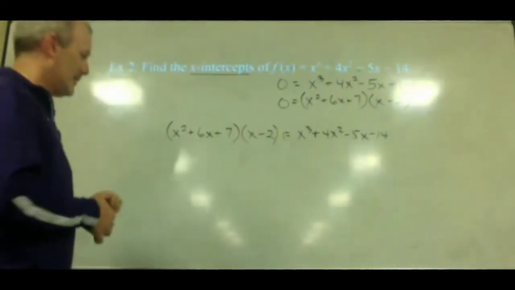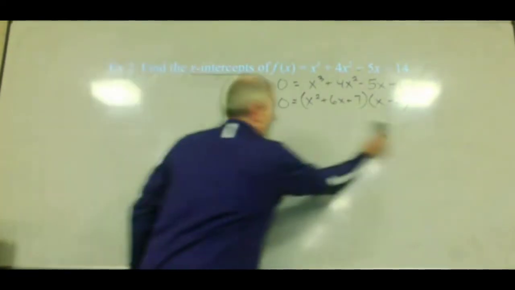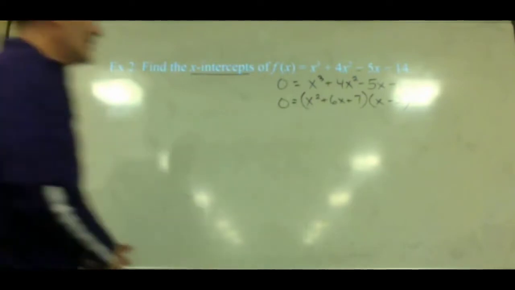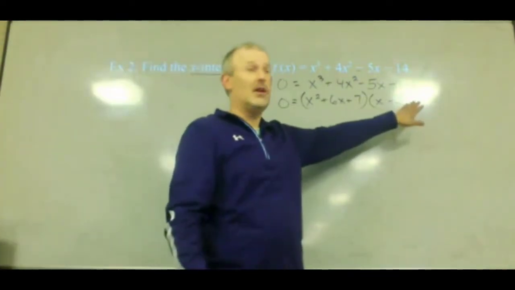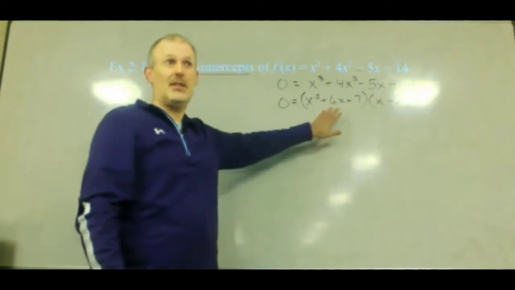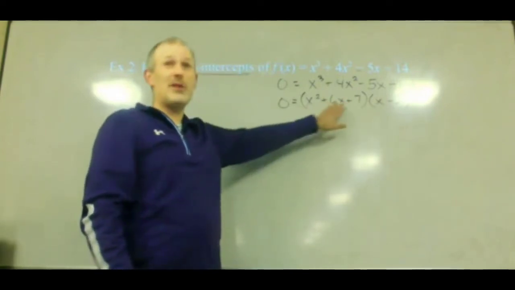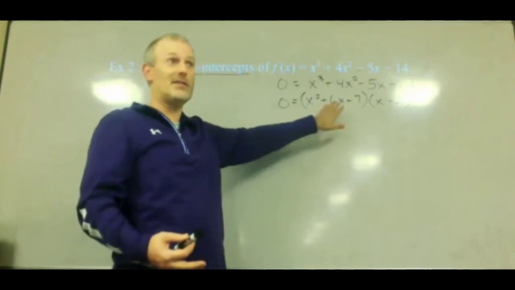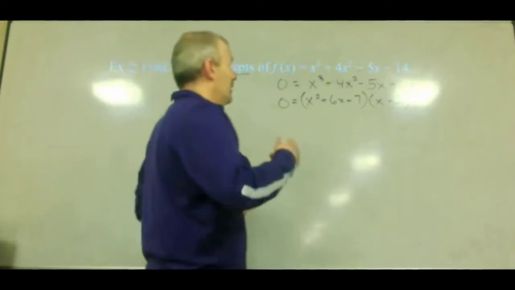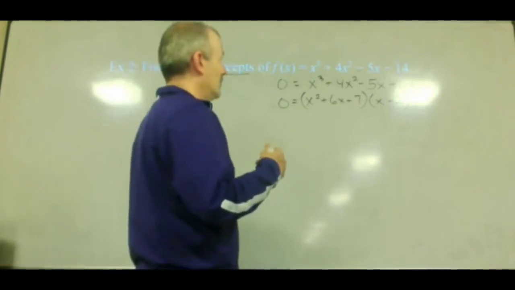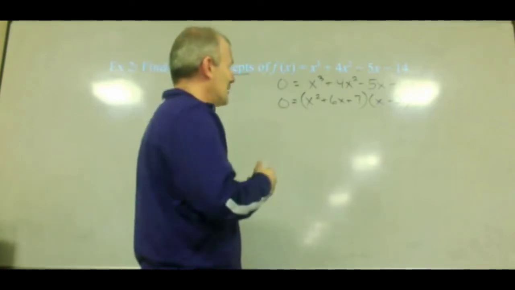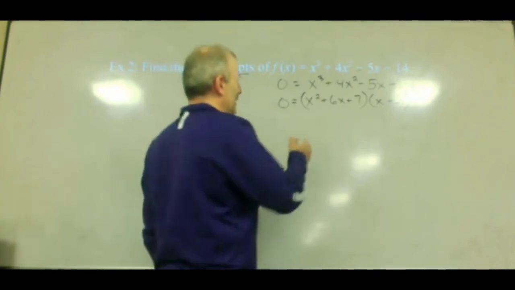So now I'm going to erase this because now I need the board space. So we've already broken it into two factors, right? What we want to do then is, this one's going to be easy to solve. We want to break this one down again. And this one looks like something that we might be able to factor, right? Because it's a quadratic. We learned how to factor quadratics. Well, let's see if we can. Did I copy that down correctly? Was it x squared plus 6x plus 7? It was, right? Okay, so if we check it,